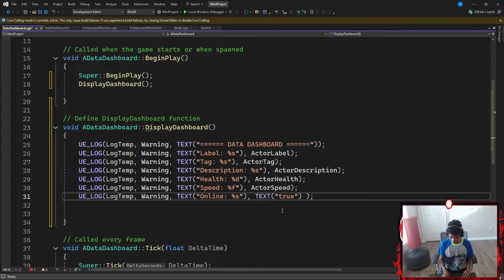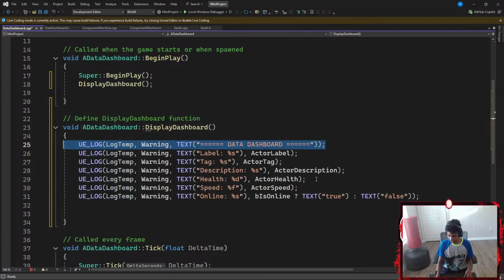So true. I'm gonna go with something like my online check, question mark. There we go. So print this if that is set to true. Else, I'm gonna add another text which is gonna be called something like false. Okay, perfect. And then once I'm done with that, lastly, I'm gonna go with my data dashboard again.